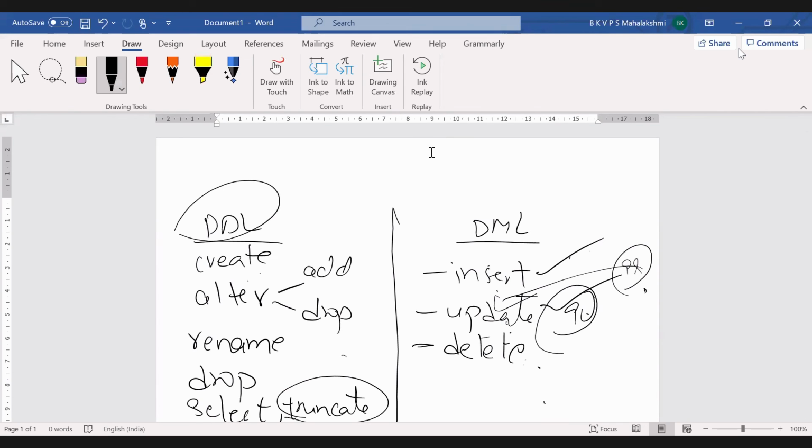Like, what if we want to modify in DDL? Like the entire data will be deleted in DDL. You want to delete the entire table?